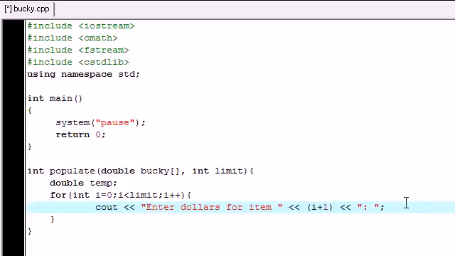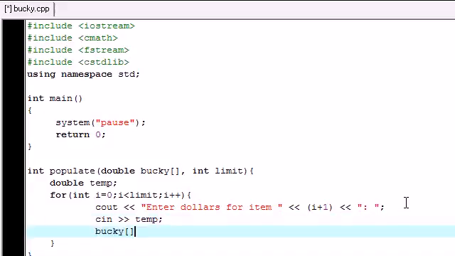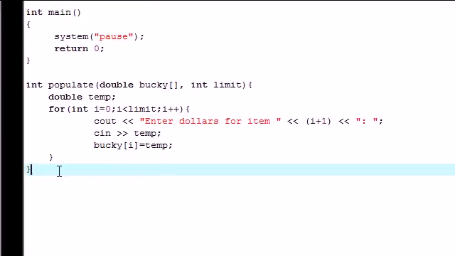So now what we have to do is go ahead and have them input that temporary variable, and that looks good, and then store it in the array where the array number is equal to that temporary variable. So now the array index, Bucky 0 is going to be the first thing they entered, Bucky 1 is going to be the second thing they entered, all the way depending on the size of your array. Now make sure I got my semicolons, and what we can do now is go on and build our second